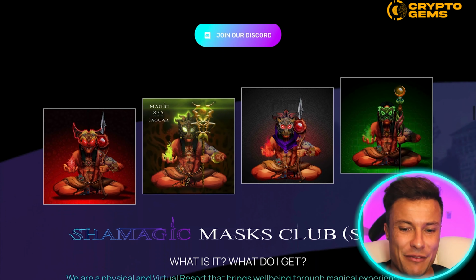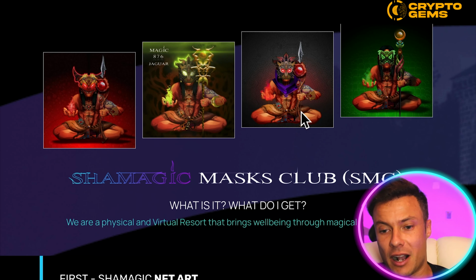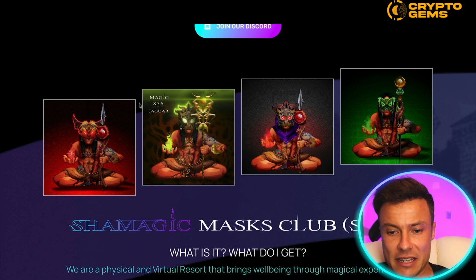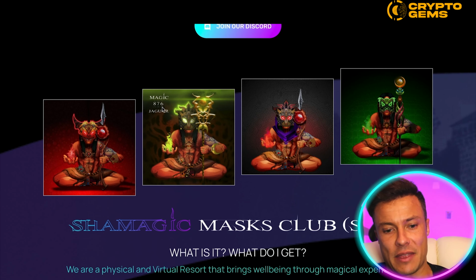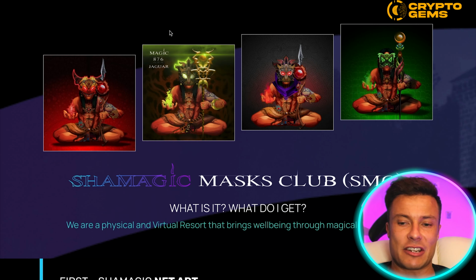Something very different from anything I've seen already, which is always very interesting. Here we can see a bit of the artwork, etc. And you can see they have different features, different animals they're associated with, and then the level of magic, I guess. Each card, obviously the rarer ones might have more magic, and then different benefits, etc. associated